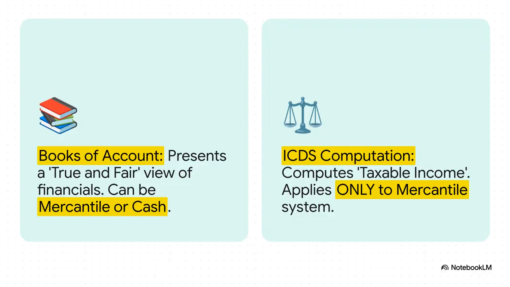This here shows the difference perfectly. The best way to think about it is like this. Your regular books of account, that's your company's native language. The goal is to show a true and fair picture of what's going on. But ICDS, that's the official tax dialect the law says you have to speak when you file your return. It's just a translation layer that standardizes how certain things are treated for tax, and it only applies if you're